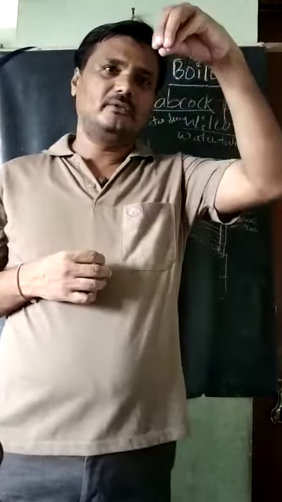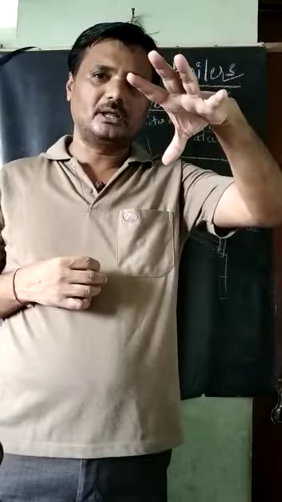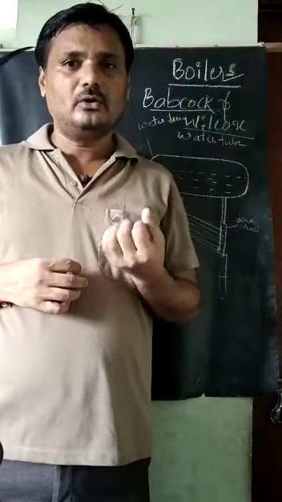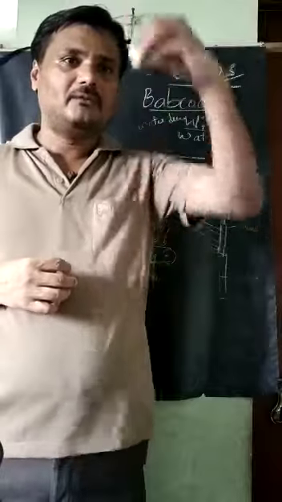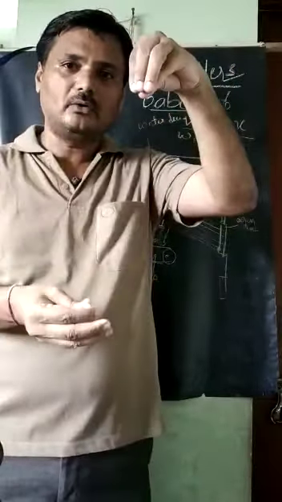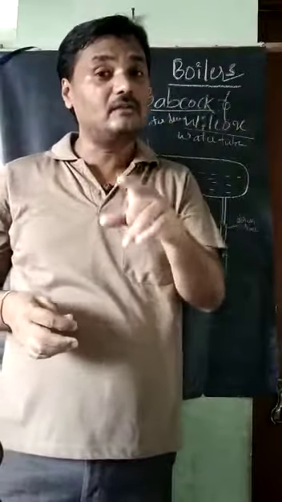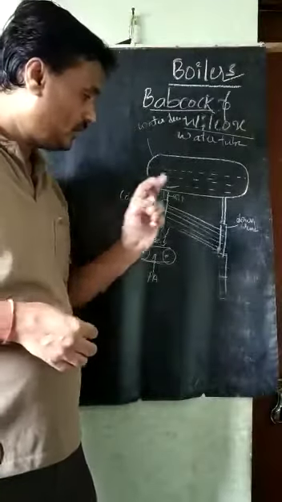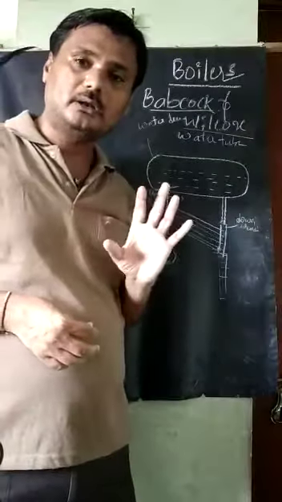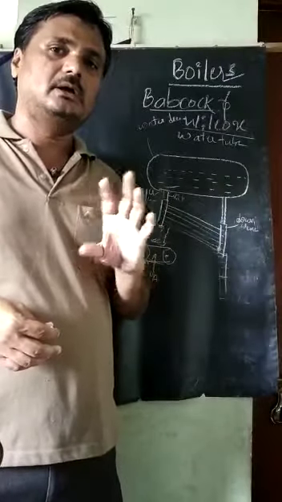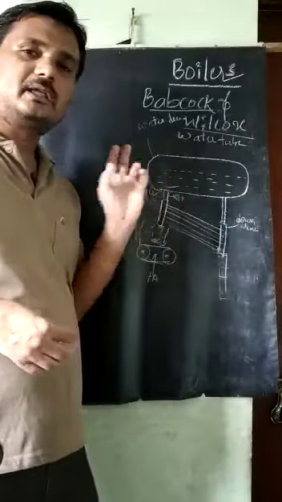If I leave liquid water like this, it will come down. Why? Water has more density. But if I leave water vapor like this, it will not come down, it will go up. Why? Because its density is low. So the same thing happens here. Once heat is added to this water, its density is reduced, so that's why it is moving upper side.